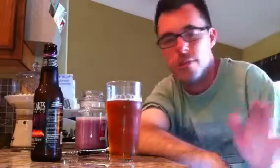Rate Beer a little bit high, I think. I'm giving it a 99%. It's not blowing me away to a 99% level. Beer Advocate's more along the lines of where I would put it. So based on the appearance, which is a nice appearance, based on the smell, which is very subtle, however it's a pale ale, and the taste, just the aftertaste, the back of the throat stuff, it always hits me, and